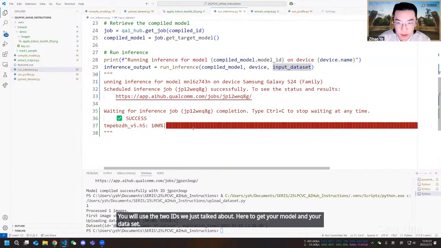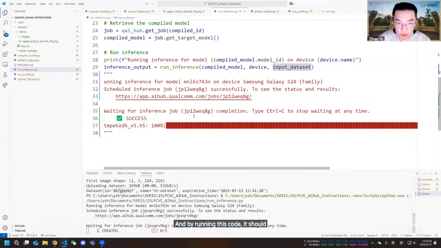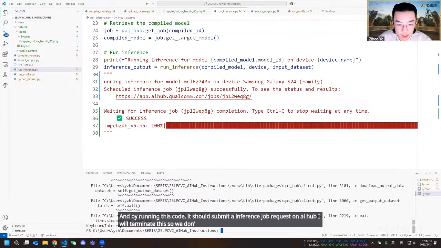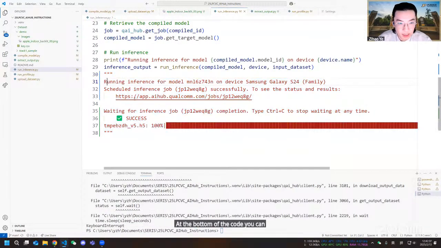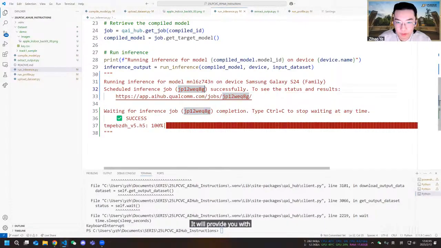By running this code, it should submit an inference job request on AI Hub. I will terminate this so we don't have to wait for the job to finish. But at the bottom of the code, you can see there's example output I've run before. It will provide you with a job ID for you to track your results.